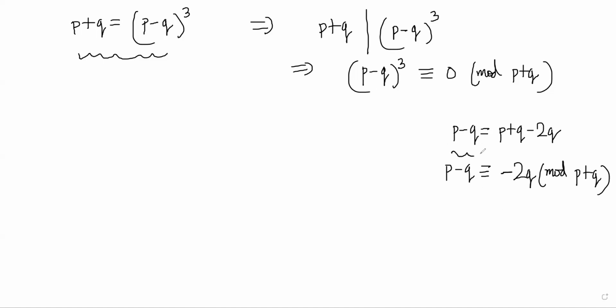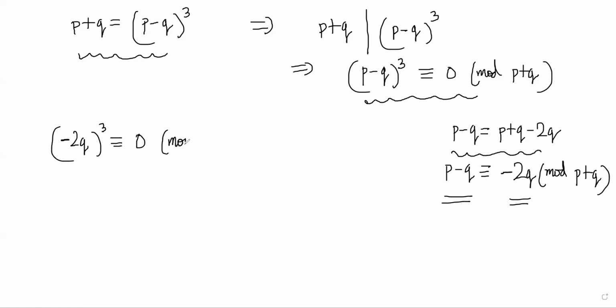Taking mod P plus Q on both sides of this equation, it is obvious that P minus Q is congruent to minus 2Q mod P plus Q. Therefore, in this equation, we can say that minus 2Q whole cube is congruent to 0 mod P plus Q, right? So basically we are getting minus 8Q cube is congruent to 0 mod P plus Q,